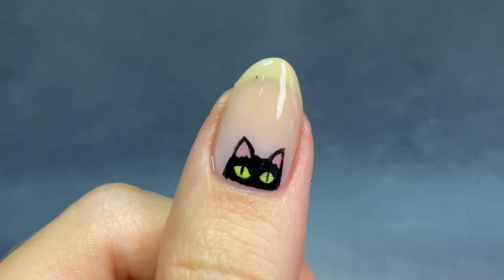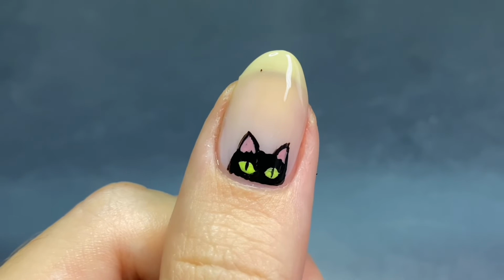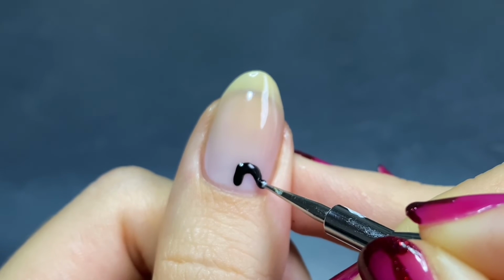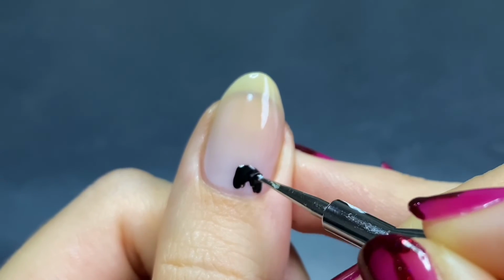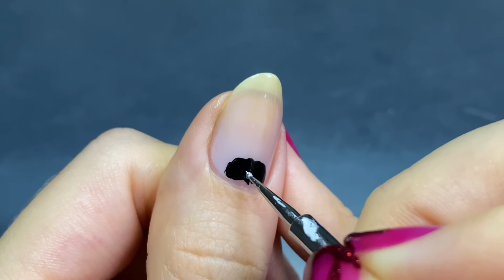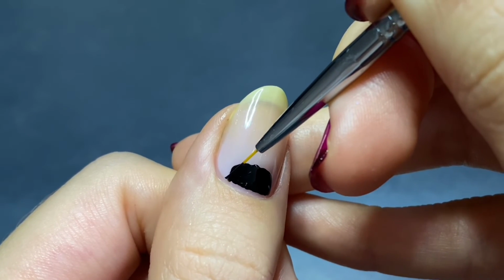And finishing off with some cat designs, we have this cute little kitty half moon that I think is just so precious. So I'm starting with a sheer base again and starting by creating a half moon shape, which I think the easiest way is to start from the center and then work your way out. So I'm just using a dotting tool at first to kind of get the general shape, but then I will go in with a detail brush to sort of clean up the edges a little bit and also to create